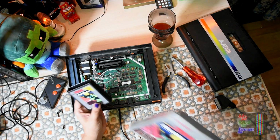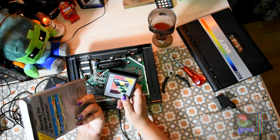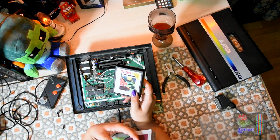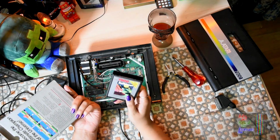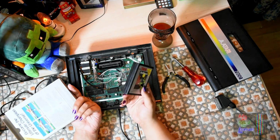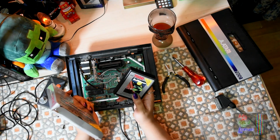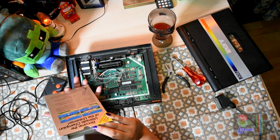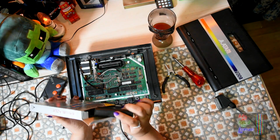And I decided to get Ballblazer with the Pokey chip because I know that people have been buying copies of Ballblazer or the other game, I forgot what the other game was, just to get the Pokey chip out. Just to have a Pokey chip, in other words. And I find that such a shame, to be honest. I can understand the desperation for a Pokey chip, but it just feels a bit...